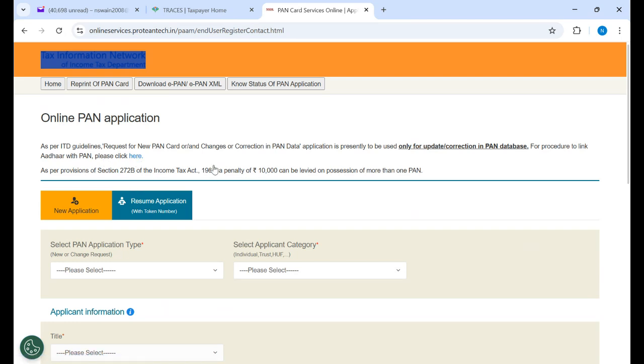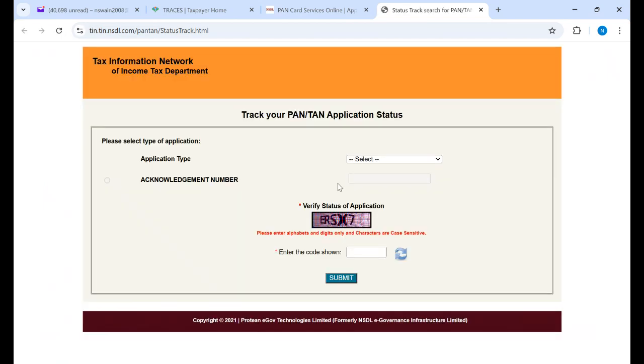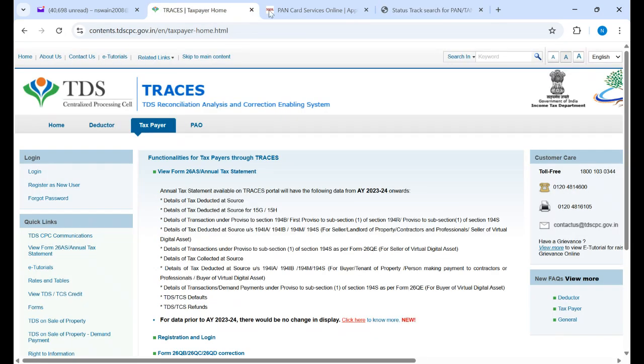Now you see what happens. I am not utilizing it, because I have a PAN. I cannot apply for a second PAN. So I may not be in a position to show you, but for your kind information, just to see: you have a PAN, you can reprint the PAN also, you can download the ePAN also, you can know the status of the PAN application. Because I have not applied, it will not give you all the details, because once you apply, the application type will be shown. So practically, I just wanted to tell what facilities are available, but to show you practically, we can also go for, sorry, it is overlapping actually,